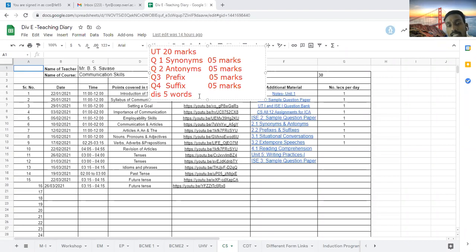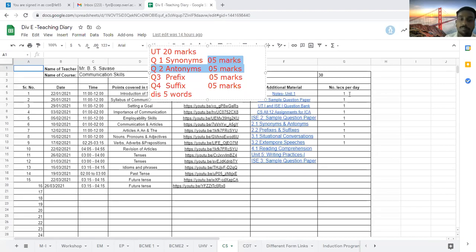When you write it down and submit, you will get the score of the first 2 questions only. So whatever marks you obtain, it will be out of 10 marks only. Try to remember that the marks for prefix and suffix will be added by me. I will see your answers and give marks as per your responses. If you write down all 5 words of prefixes and suffixes, you will get 10 marks for prefix and suffix. And if you get 10 marks in synonyms and antonyms, then you will get 20 marks.